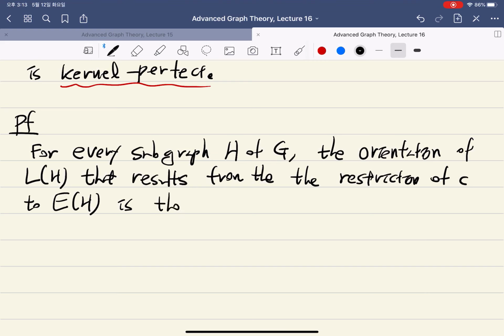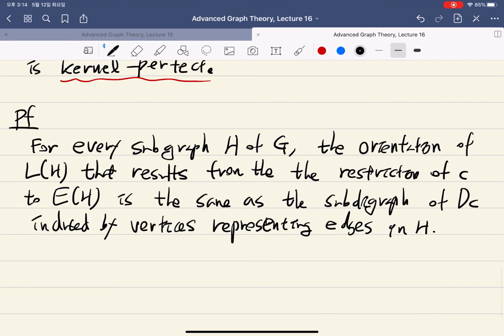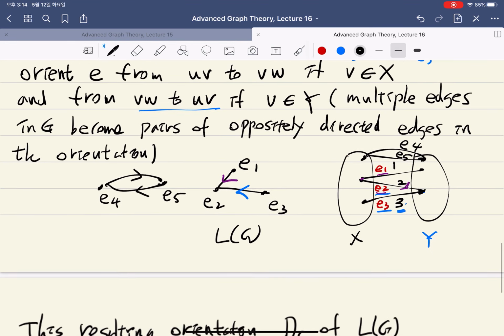Is exactly the same as the subdigraph of DC induced by the vertices, which represents the edges of H. Meaning that